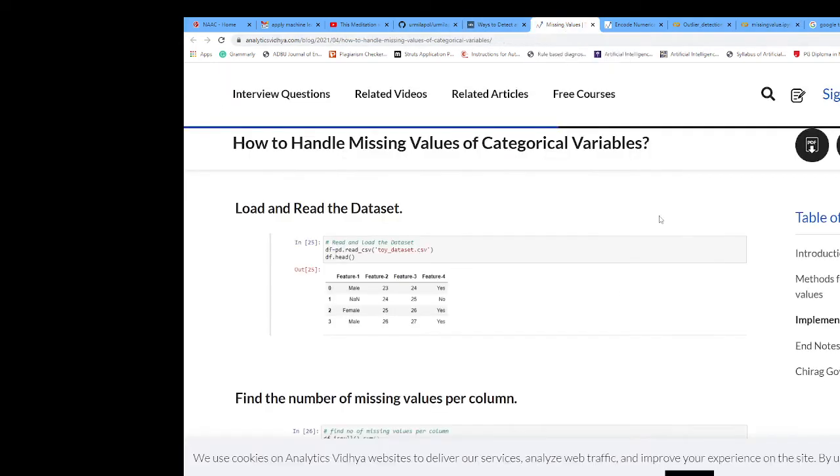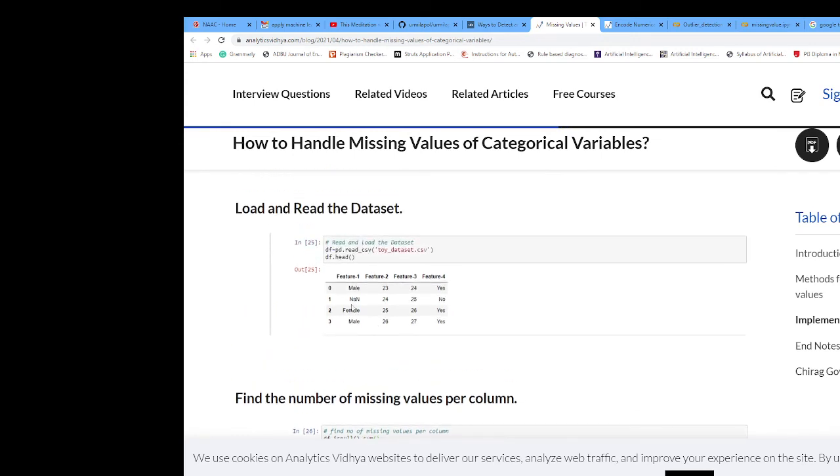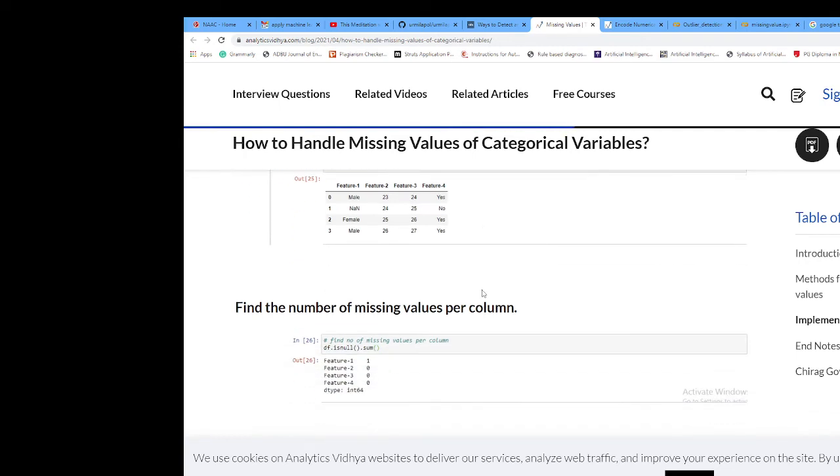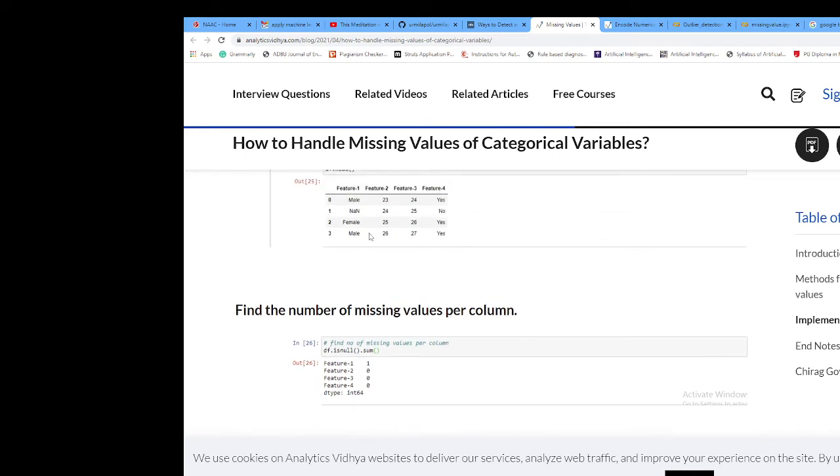After displaying this dataset, you may see NaN. NaN means a null value. Then find the number of missing values per column. This data has no missing values, but suppose missing values are there.